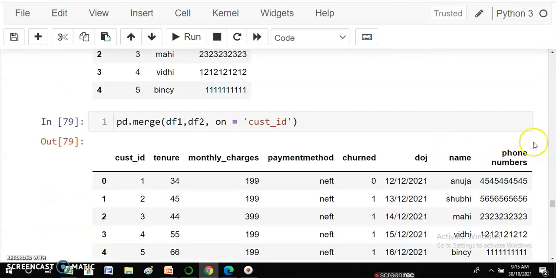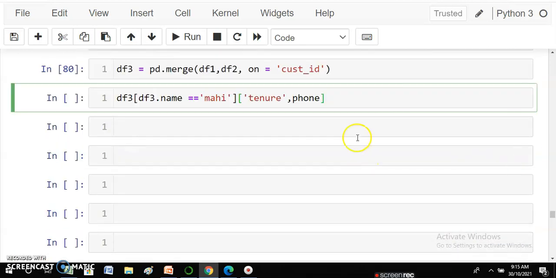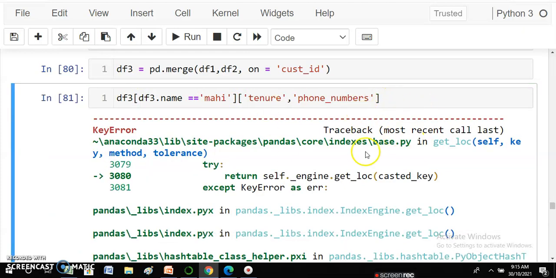Let's see what is the exact word. It is phone number. So you have to always tally, otherwise you will end up with a lot of errors and you will not enjoy Python. So now I'm done. You can see over here I have chosen two columns, applying the filter condition, and I can get a result.